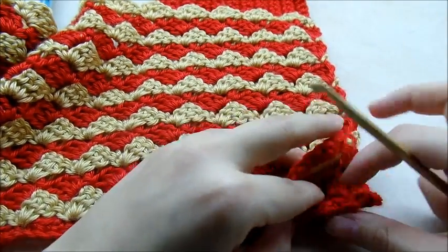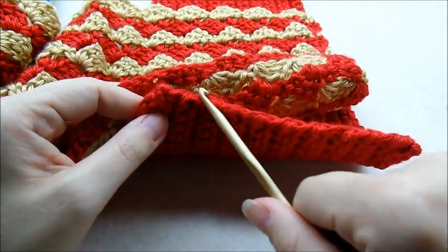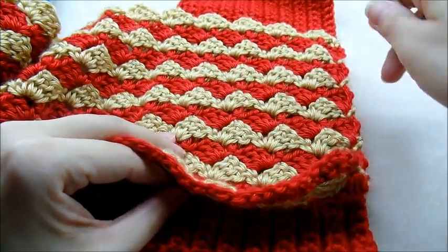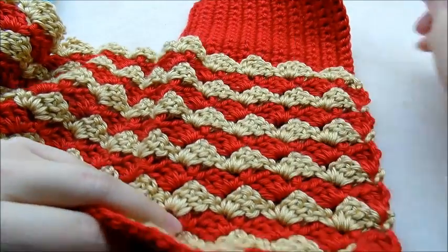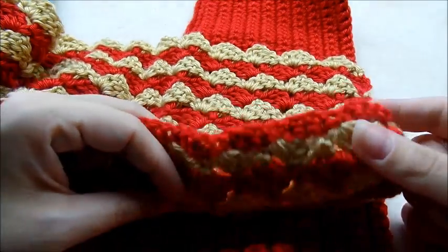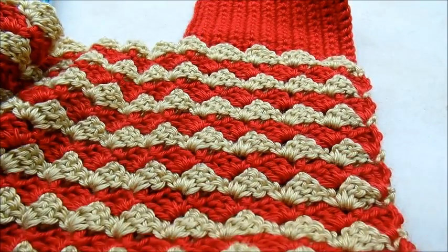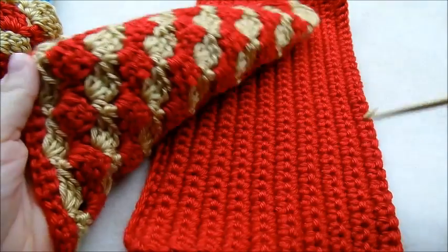So what I'm going to do is, and you have to remember, there's going to be 20 stitches. You're going to have to do 20 stitches on this side and on this side, and then there's 40 on this, because it should be the same number of stitches that we started with, so it should come out even. If you made yours bigger or smaller than mine, make sure you make your bottom